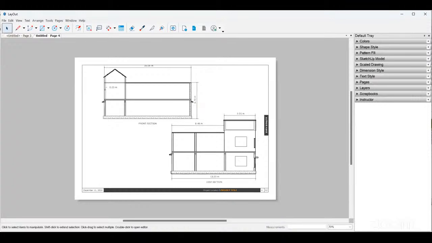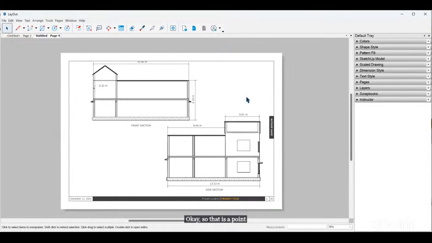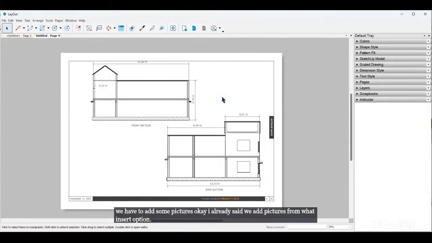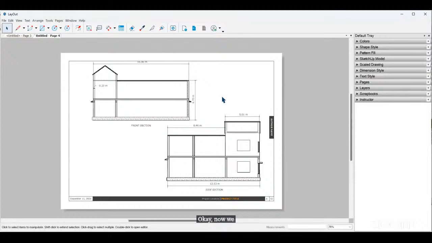Okay, how to add pictures or a north point. So we have to add some pictures. I already said we add pictures from the insert option. Now we have to add some documentation pictures like a north point, and also some